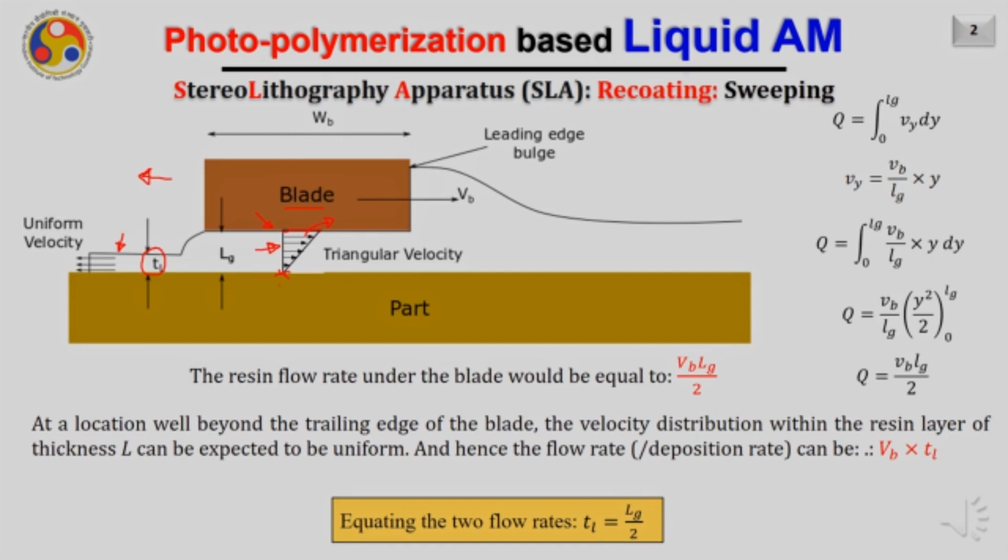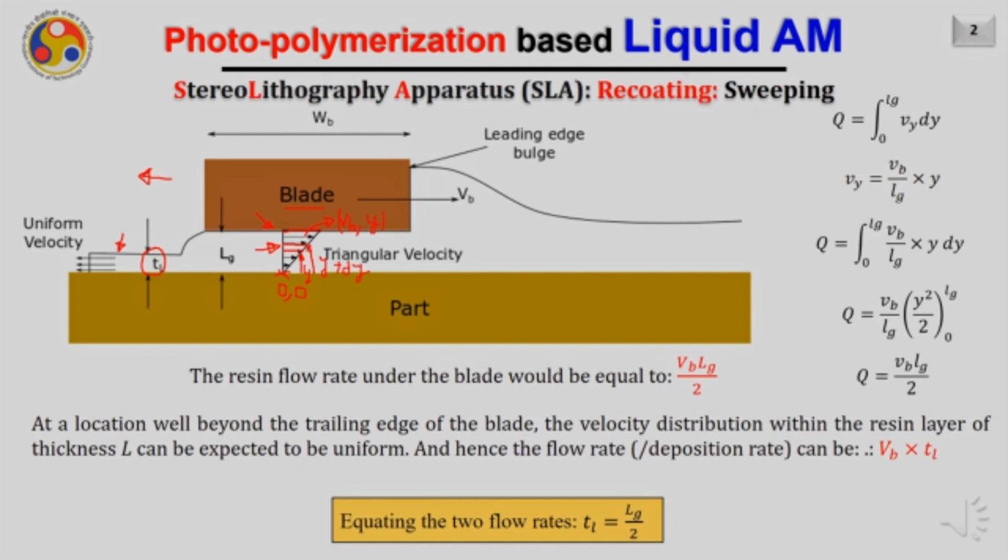For that we can assume that, like I said, the velocity is 0 here, so I am writing 0, and the velocity is equal to the blade velocity here, hence I am writing VB here. Assume that this is the 0 distance from the part and this is y distance from the part, and the velocity is changing linearly from this point to this point onwards. Now anywhere in between, if I consider at a distance of y a small element of thickness dy, assume that it is y plus dy,